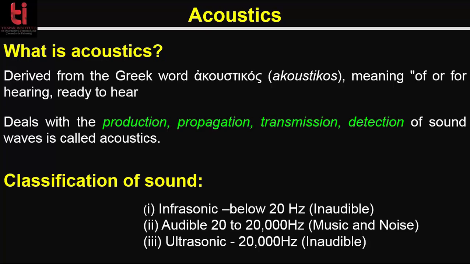But do we hear the sound of every vibrating body? The simple answer is no. We have two types of sound, audible sound and inaudible sound. These are categorized on the basis of their frequency ranges. The human ear cannot detect sound frequencies less than 20 Hz, that is 20 vibrations per second, and above 20,000 Hz. So any sound outside this range will be inaudible sound for us.